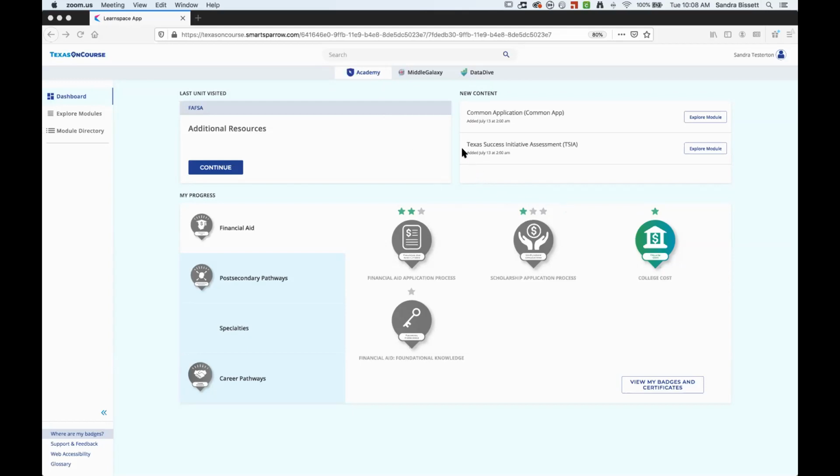Another thing I'd like to highlight, we feature new content in the upper right quadrant here. Anytime we add something new or make a significant update, we'll add some information here. You can go right directly to that content from this new content area on the screen. Another nice feature, if you log in, want to jump right back into where you were before, you'll see we